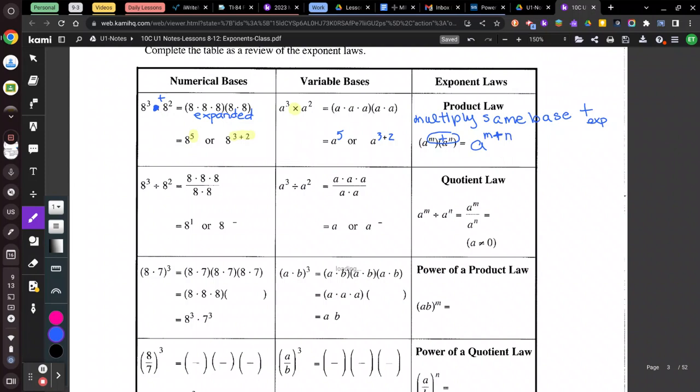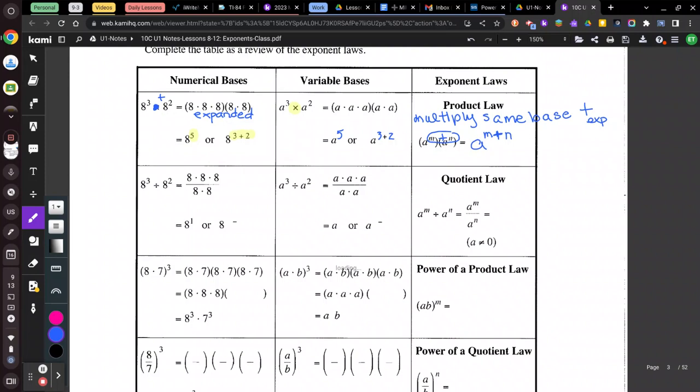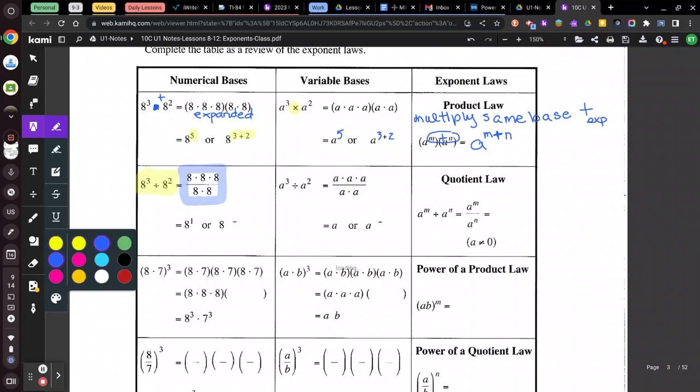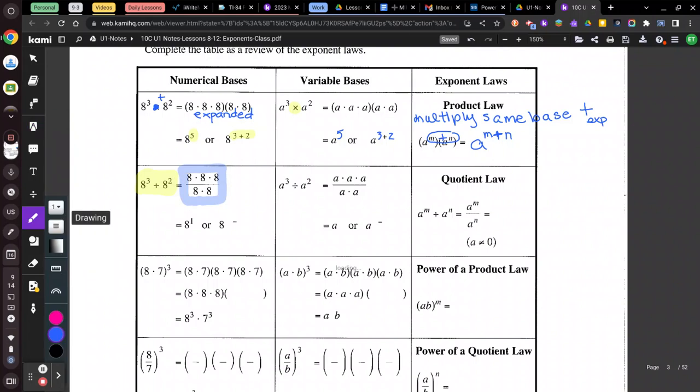Then we're going to do the opposite. The opposite of multiplying is dividing. So now we get into dividing. If we're dividing, we can show it as a fraction. They can show it left to right like this, or they can show it up and down like this. Either is correct. When you write it up and down, it's easier to cross off the number 8s though, because